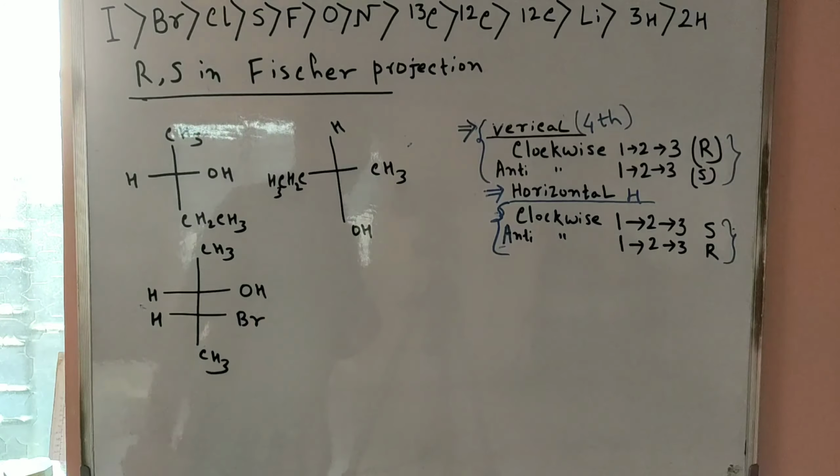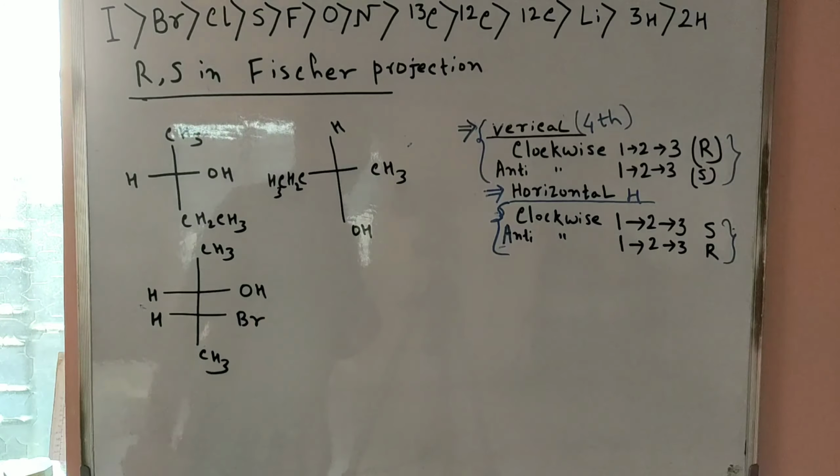In that case, this carbon atom is 1, and when you go to the right side, there is no methyl, while on the left side one methyl group is present. So the left center is 2, this one is 3, and hydrogen, similarly, we can say is 4, on the downside. So 1 to 2 to 3 is an anti-clockwise rotation, hydrogen is downside, and this center is S, so here 1S.